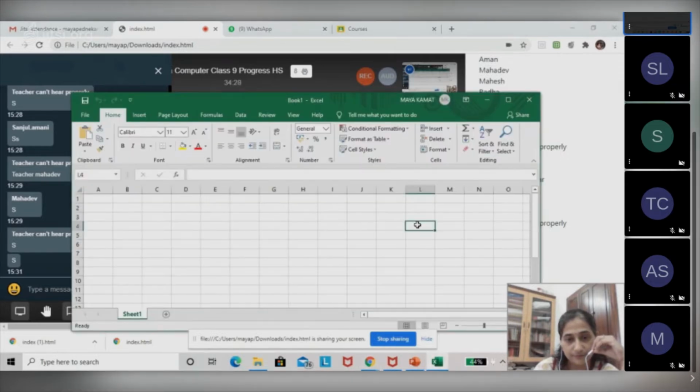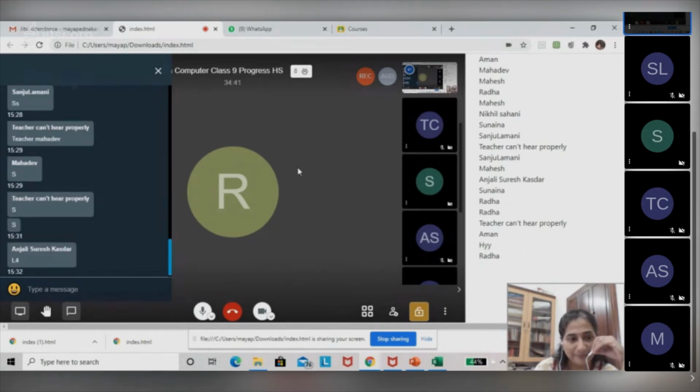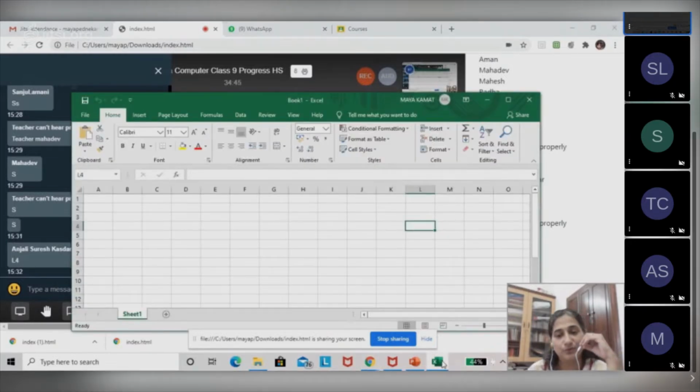I'll show you the cell again. L4. L4. Who replied? Very good. Okay. So it is L4.